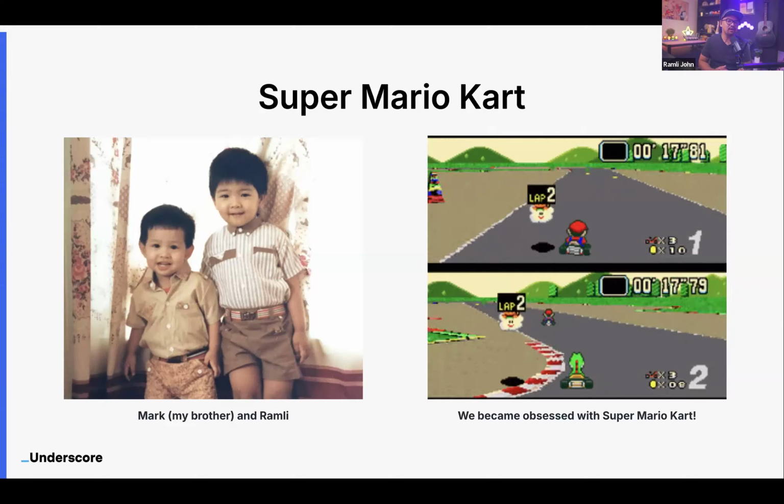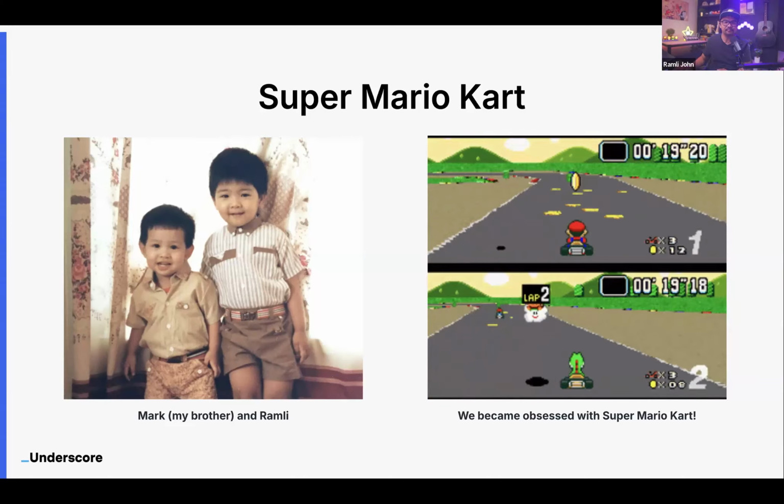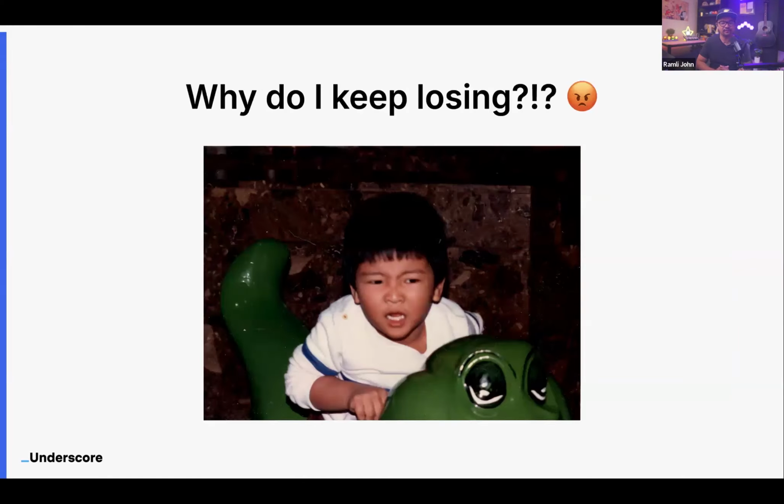And so I started watching my brother in this experience because I was very upset about this. And this is my face: why do I keep losing? I started watching my brother in that basement, and I just watched him while eating my popcorn. And in that basement, I was just like, huh. So I looked over to his screen, and there's this green, red, yellow, green. It says bing, bing, bing. And right before the light turns green, he would press a button, and I couldn't figure it out.